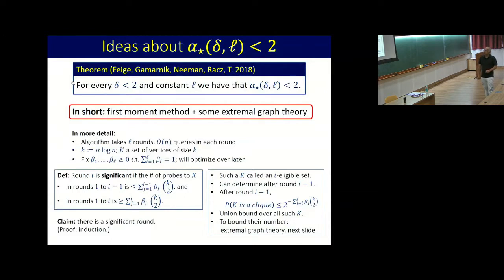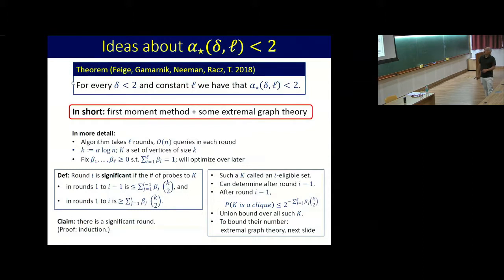Up to i minus 1 rounds, you probed only this fraction in terms of the beta, summation j from 1 to i minus 1 of beta_j times k choose 2. But when you went to the next one, you exceeded that. One is at most, the other one is at least. Okay? And again, by induction, you can show this must have happened, because at the end, if you probed